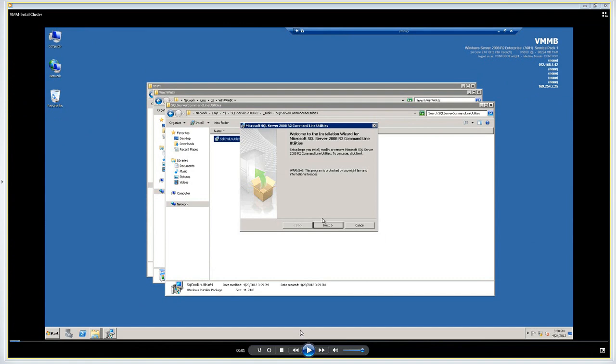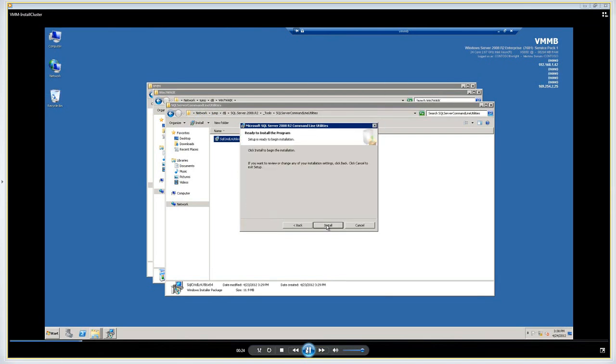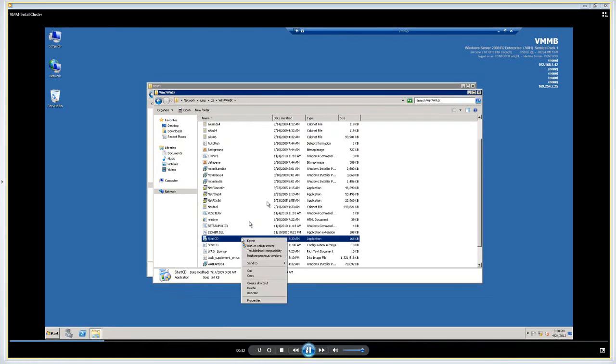In this part, I'm going through the process of installing the SQL Server 2008 R2 command line utilities. You can find this on the TechNet Download Center, and this is just a real quick utility that you install. Just accept the license agreement, provide name and company, install. Super simple. Done. Now we're going to install the next prerequisite, which is the Windows 7